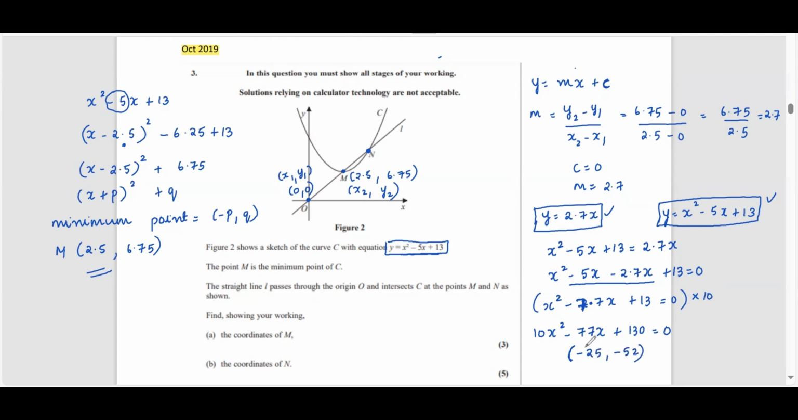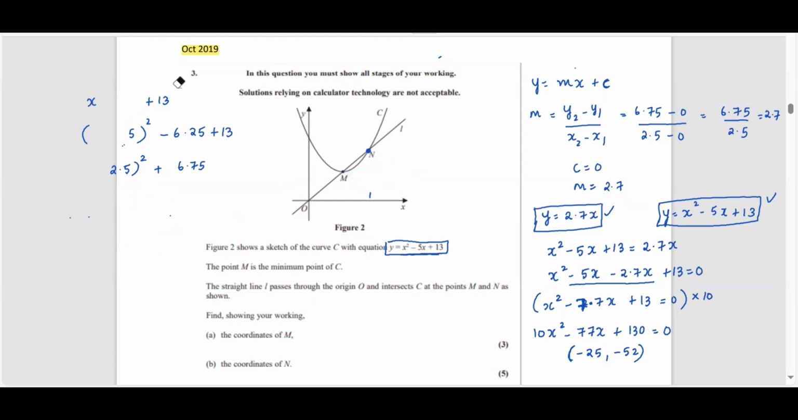Minus 25 times minus 52 is 1300, and if you add them up, minus 25 and minus 52, you will get minus 77, which satisfies the condition. Now, if you want, you can use the formula method here as well to get the answer. I prefer factorization. So 10x square minus 77x plus 130 will become